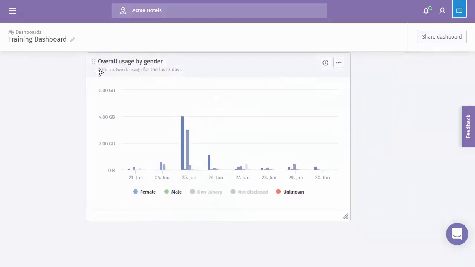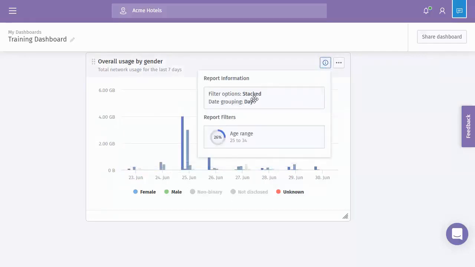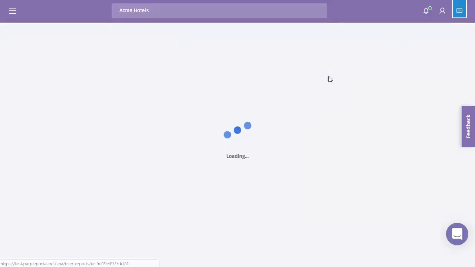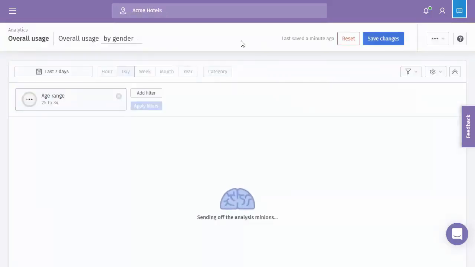Now from here as well, it's telling me overall usage by gender, total network usage for the last 7 days. Below, we've got the legend, the chart here. Information is telling me it's stacked, grouping, and it's got the report filter for age range 25 to 34-year-olds. Menu option will allow me to open up the report, toggle the legend on and off, delete it completely. But if I click open report, it then takes me to the analytics area